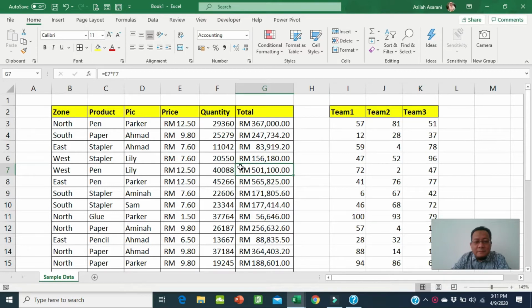Okay, anda semua dah bersedia? Okay, let's start. Now, usually, I will always tell my participants, please, if possible, do not have blank rows or even a blank column. Why? There are a lot of functions and formulas or even techniques that you're going to use in Excel. If you don't have blank rows or even blank columns, kerja you akan jadi laju gila. So I purposely have this blank column in between this database, assuming this is a very huge database